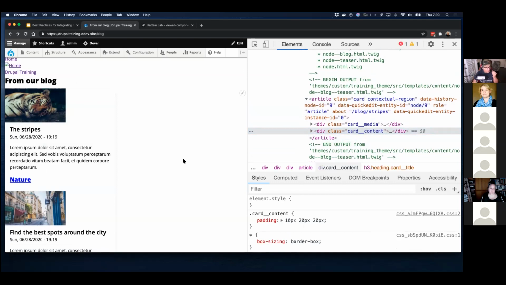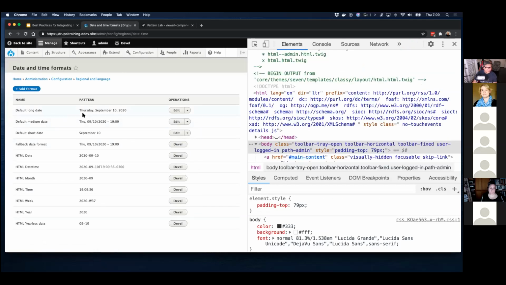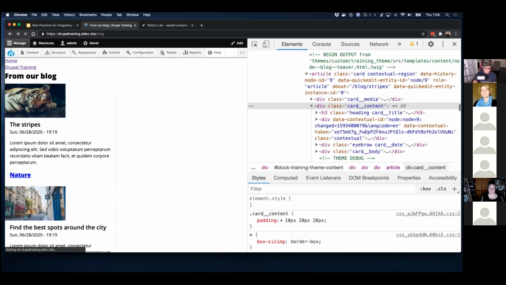What I wanted to show, so we had two types of dates, right, for the two different cards. There's several ways you can do that. You can just write, in Twig, the different formats. What I did in this particular case is, where is that at? I created two different date formats, I think. There we go. I actually modified the long and the short date formats to use the formats that I wanted for each of the cards. So one way for me to make use of those is to